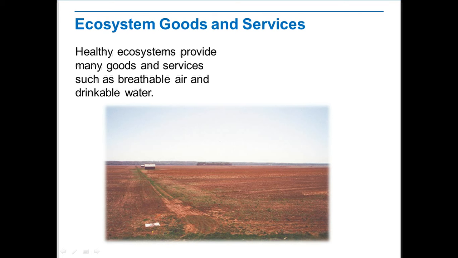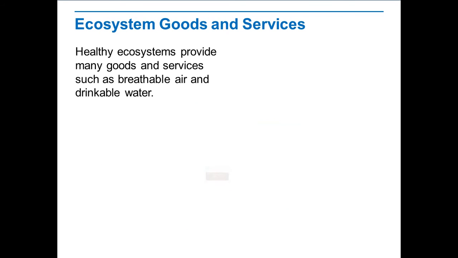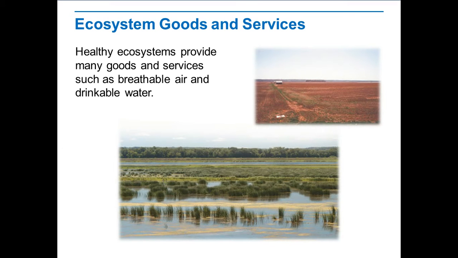In many places, water clean enough to drink is provided naturally by streams, rivers, and lakes, and is filtered by wetlands. If human-caused environmental changes impact ecosystem stability and function, water quality may fall. In such cases, cities and towns must pay for mechanical or chemical treatment to provide safe drinking water. Take a look at this picture. This is farmland as it appeared recently. It had been drained and leveed for farming in 1900.